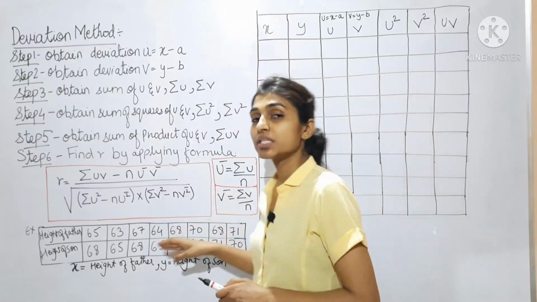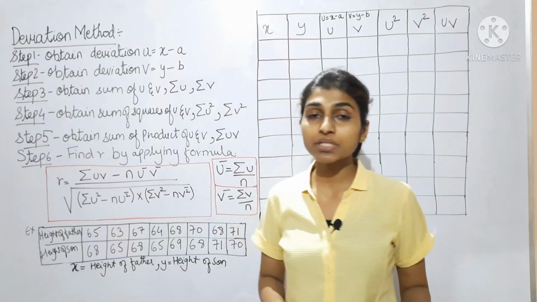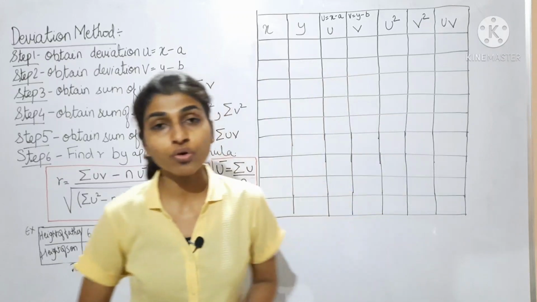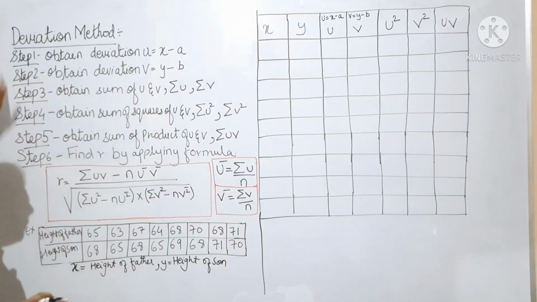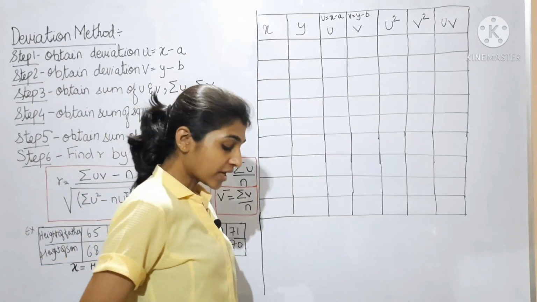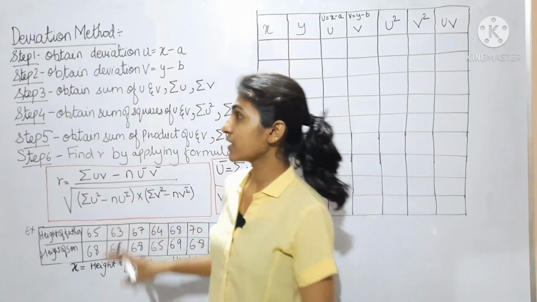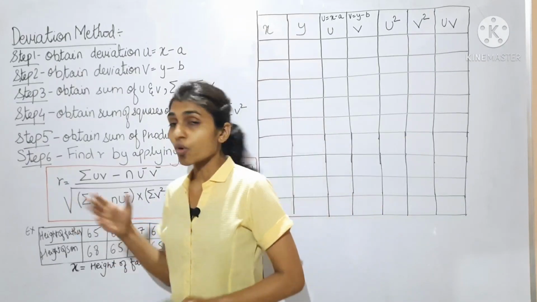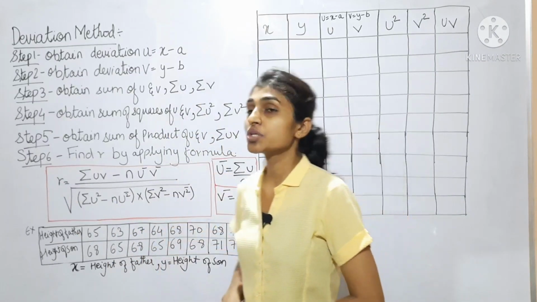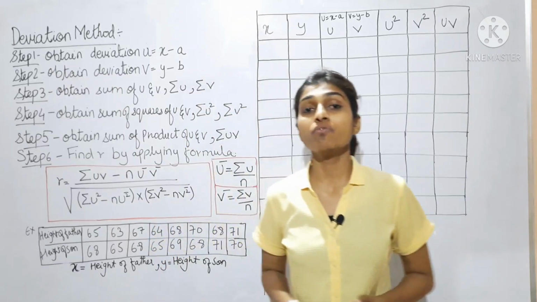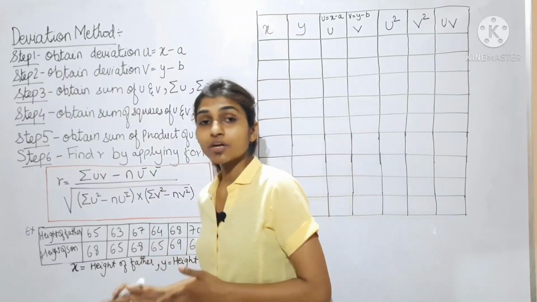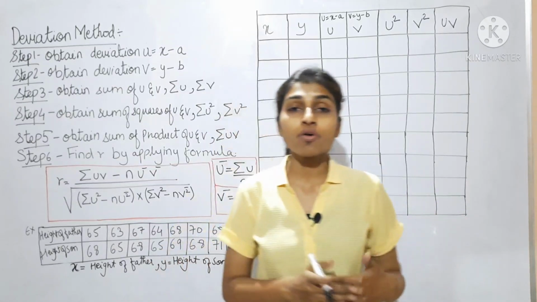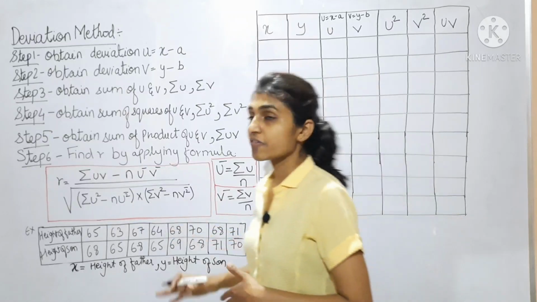For deviation method the formula is different and for direct method the formula is different. So let's see how to find coefficient of correlation by deviation method. Why do we use this deviation method, because already we have direct method? The objective or aim of this deviation method is what? Sometimes the original values of the variables are in large amount, so to reduce the bulk of calculation we use this deviation method.